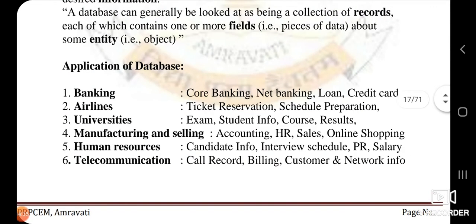Airlines: ticket reservation, then scheduling. Now you must have heard in your profession, technology, forward and backward scheduling. So what is this forward and backward scheduling? In forward and backward scheduling, with the required target date, we schedule our process. If we have to deliver the target on the 10th of a particular month, then in the previous month we will count back in reverse.